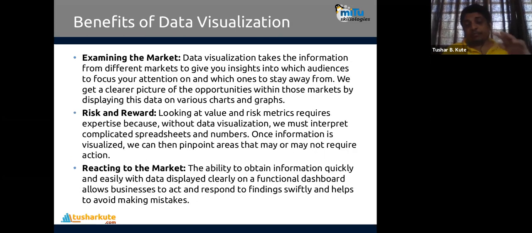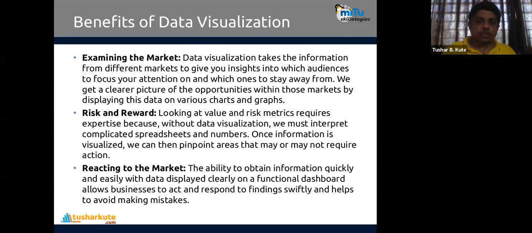Next is, many more advantages apart from actual visualization. We can examine the market trend. Nowadays, lot many tools are available to create the dashboards. You might have heard about dashboard. Dashboard is the summary of all kind of data present in the graphical format in a single picture. That's what we call as the dashboard.